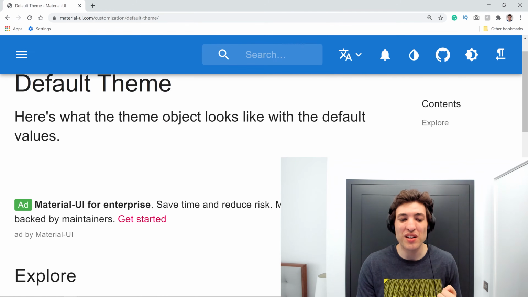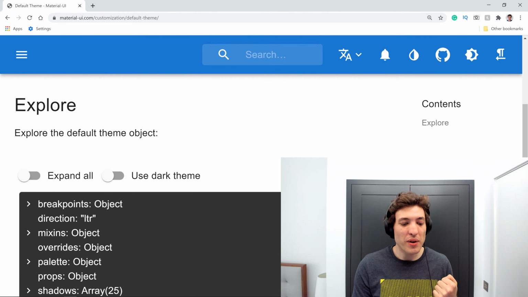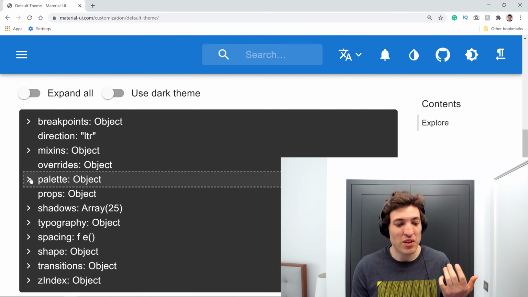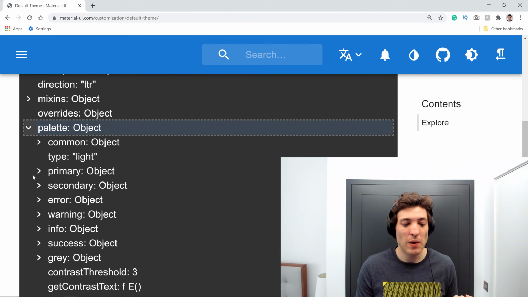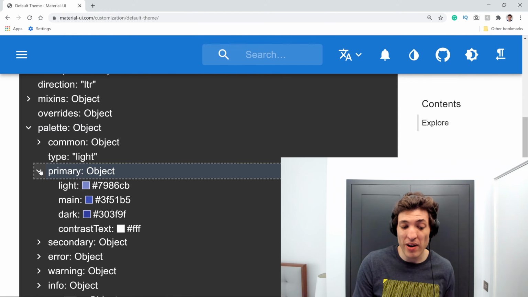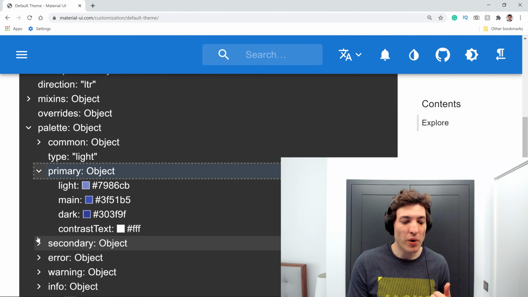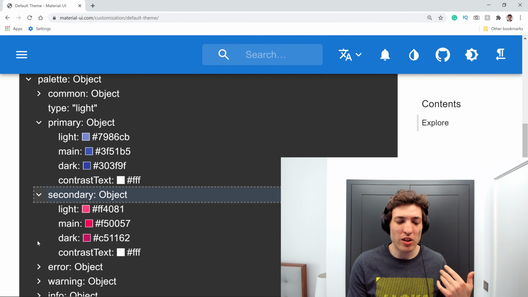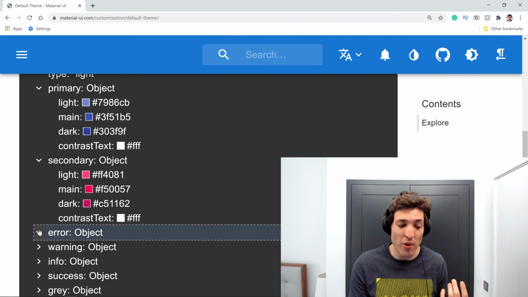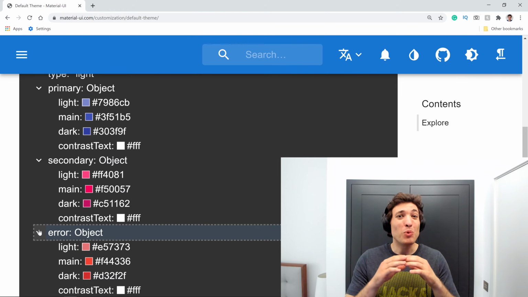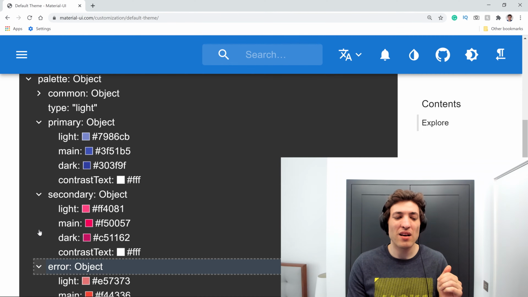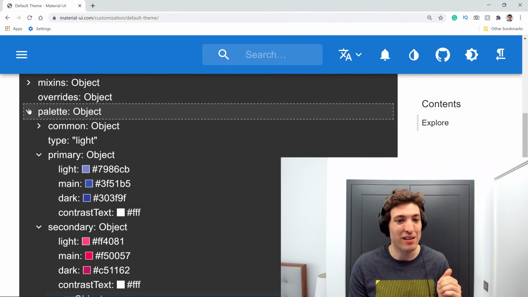If we look into the default Material UI theme, you can see that you have some colors over here in palettes. So if we click here to open the palette, you can see that we have a primary color that we can override, we have a secondary color that we can also override, and you have a lot more colors, like for example the errors, the warnings, the multiple shades of gray. So in terms of colors, I would say you are completely safe with Material UI.